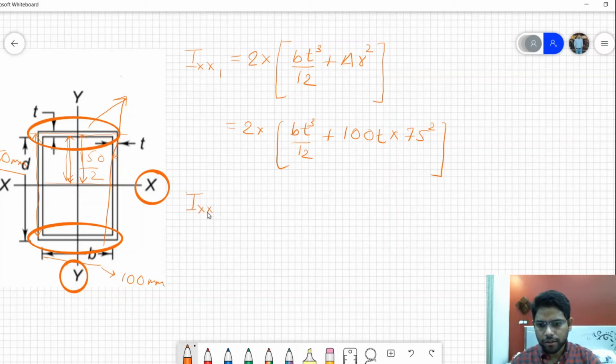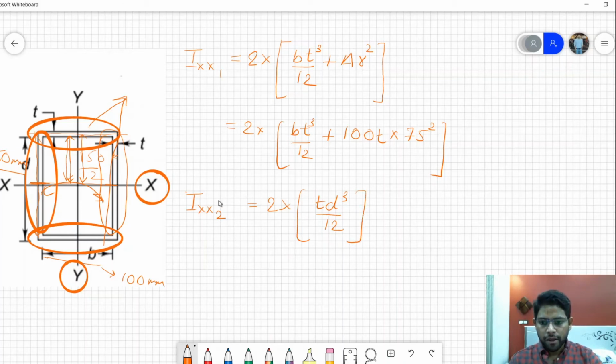Similarly, for the third and the fourth weld, the second moment of area will be equal because the areas of these two welds are equal, and it will already be about the x-axis because the centroidal axis of these two welds coincides with the x-axis of our Cartesian coordinate system. So again I'm going to multiply it by 2 because it will be the same for these two welds, and it will be equal to T d cube upon 12.